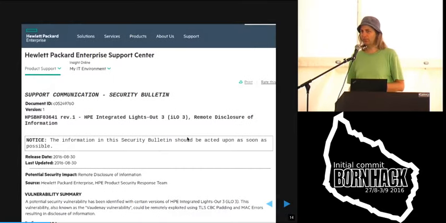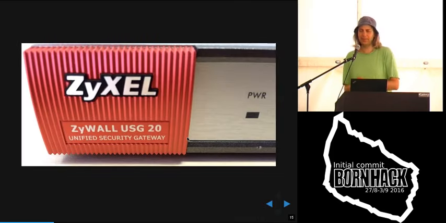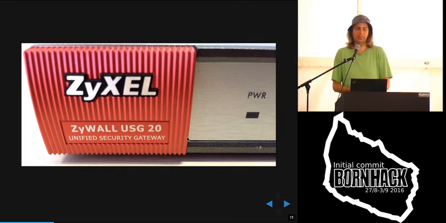Like, for example, HP, they fixed it yesterday. I reported it to them sometime last year. I don't exactly remember, but yesterday I got an email that it was the first reaction to my report and that they fixed it now. On the other hand, Cisco, they are also vulnerable to this, and they never answered my emails, so it's probably not fixed. If you have a Cisco router, or if you're a customer of them, you might ask them about it.